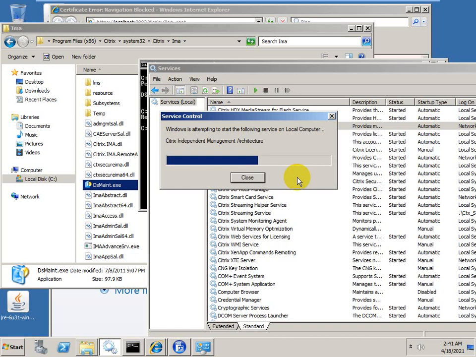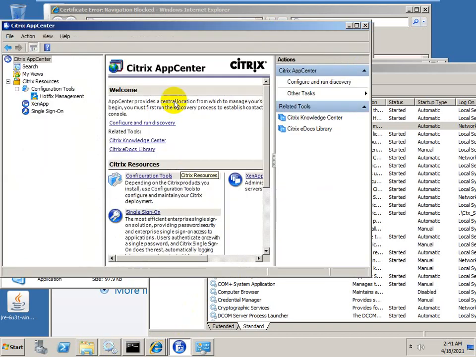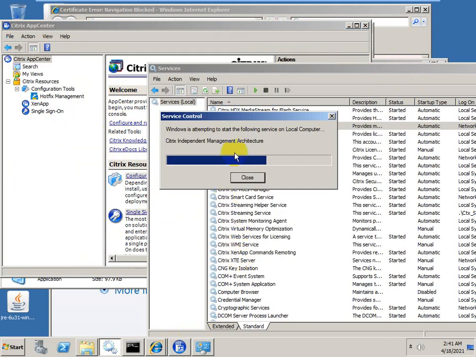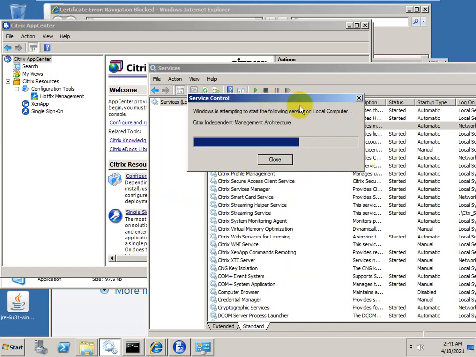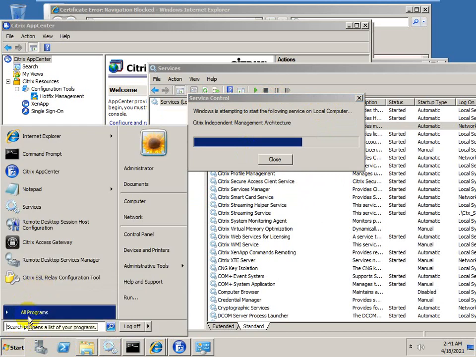Clear? And that's why run discovery is not discovering anything. For run discovery, we require the MFCOM service and the IMA service should be running. So it will give you some error.